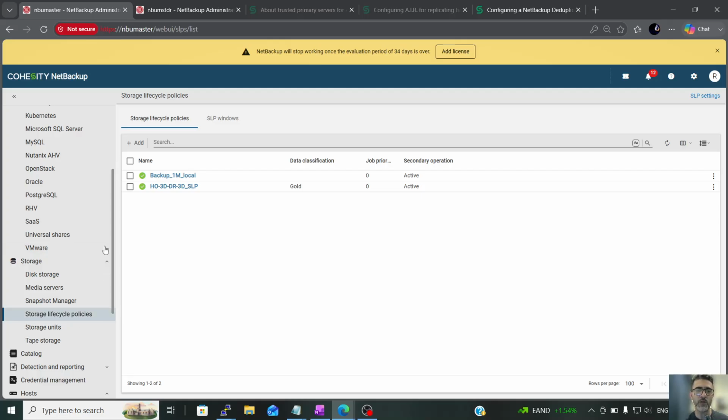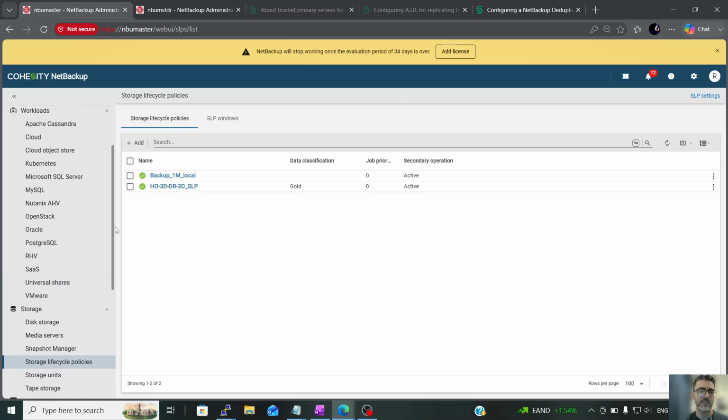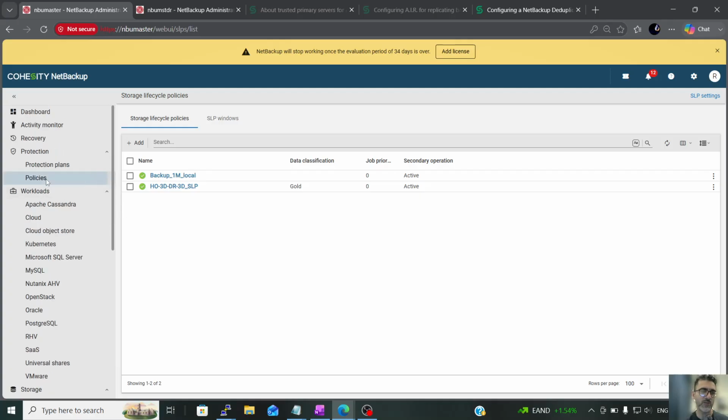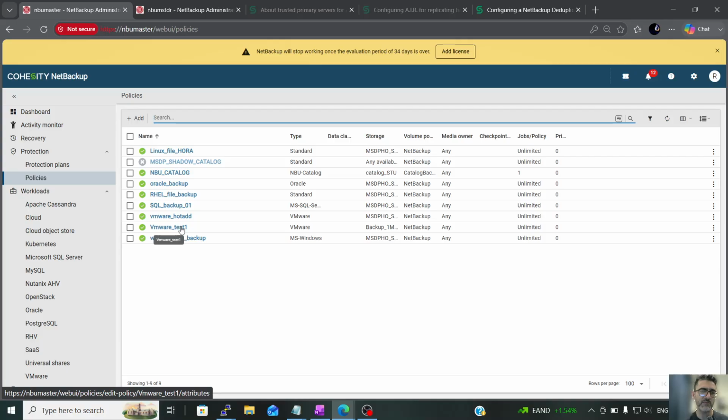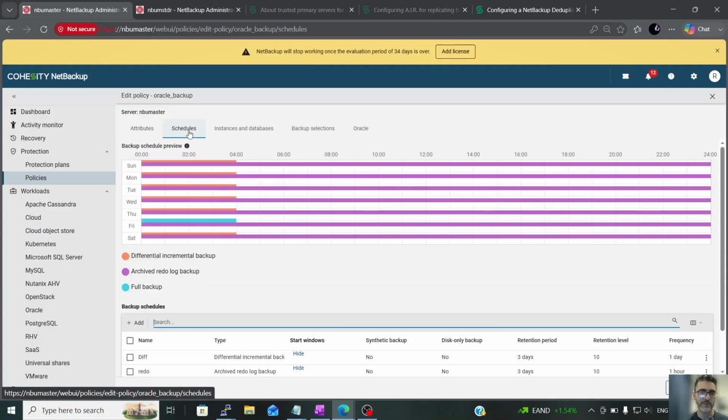We don't use SLP only for the replications. We use SLP for many cases, such as even the normal policies. If I go to, let's say, one of our classic policies which I have, let's say Oracle Backup, and then if I go to schedules,